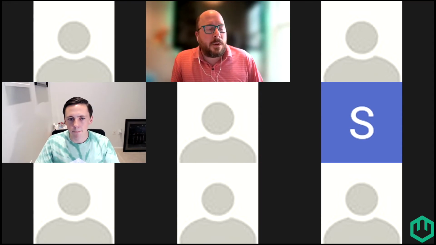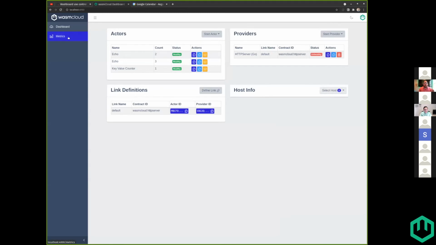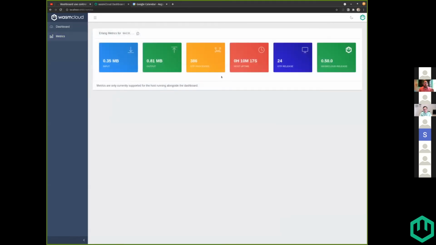The feedback that I had for you, Brooks, that I wanted to share was, I like how you've moved the metrics to the left. And I think one of the things that might be for future consideration in a later release would be to do some more detailed dashboards on the left. For example, perhaps there's a host dashboard, a capability dashboard, and an actor dashboard, where if I just wanted to view that particular resource type in an environment, I could see maybe just tables of all the metadata dumped,